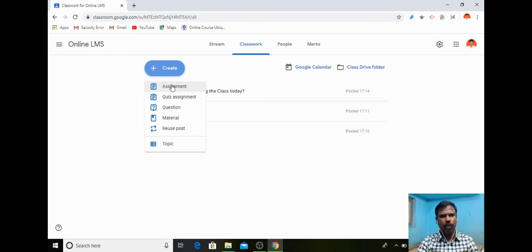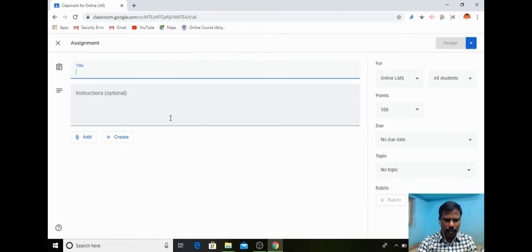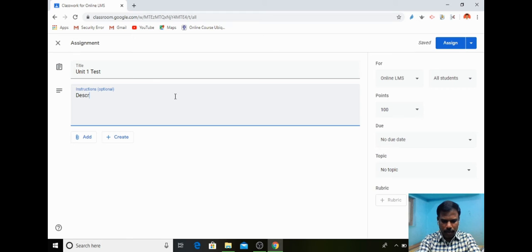For example, if you want to make the students do a descriptive assignment, you can use this option. So assignment, for example, unit 1 test. This is a descriptive assignment.